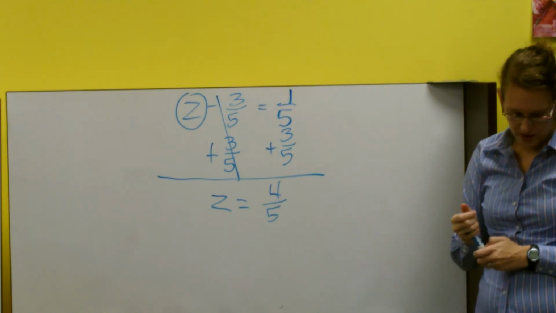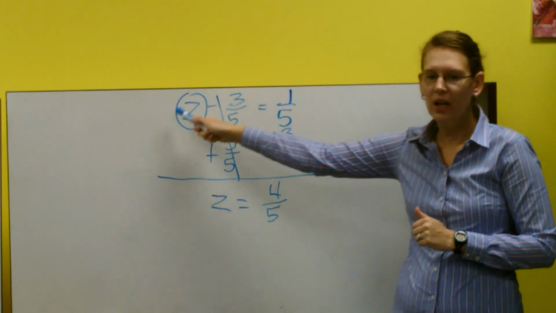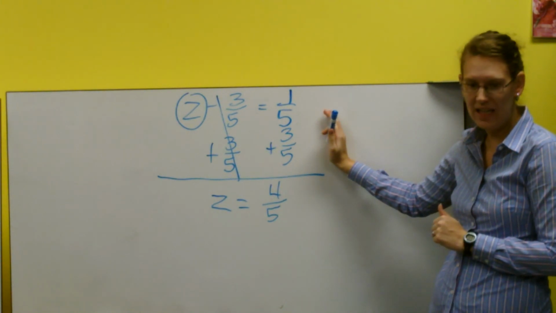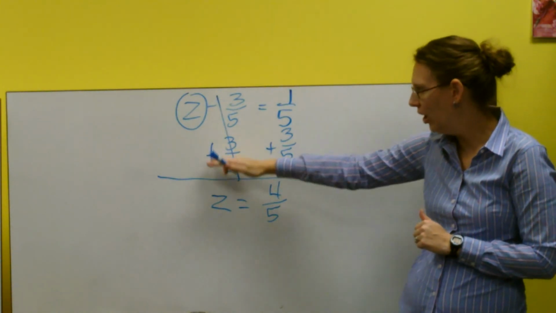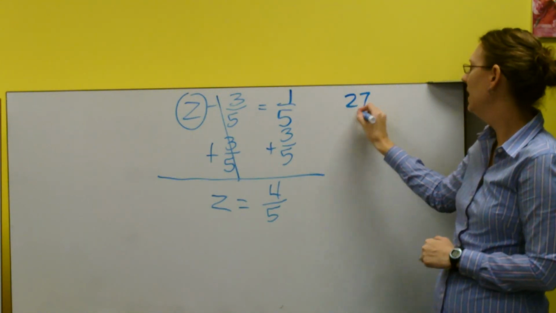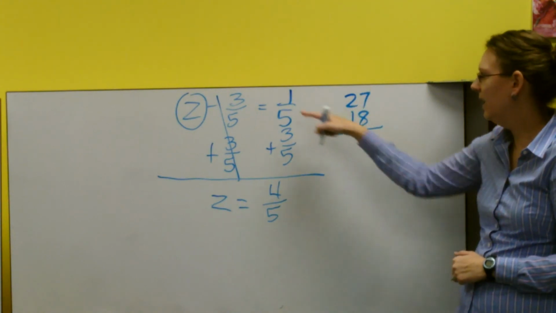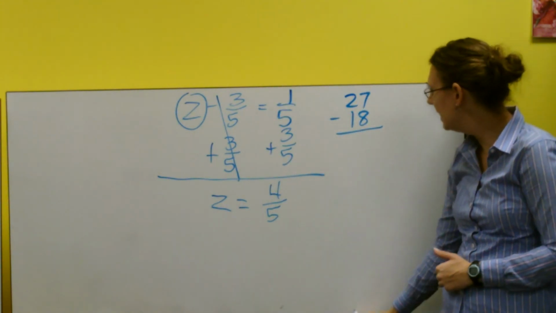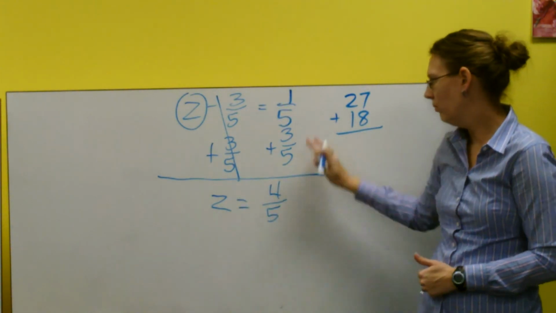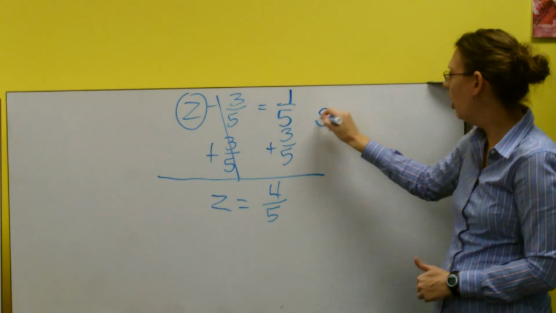Okay? So you guys have practice A, B, C, and D. Show your work. Work quick down the page, just like this. Make sure you show working down, just like we do when we subtract. If we took 27 minus 18, we work down, right? That's what we're doing here. We're practicing the same thing. Even if we add it, we work down, okay? So, work down the page and show